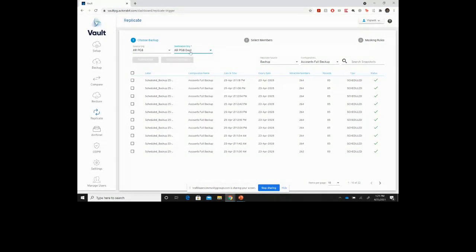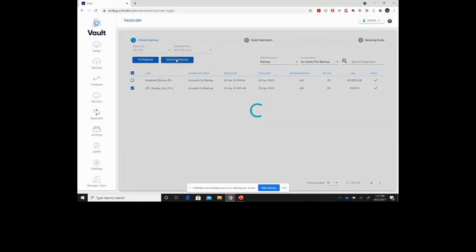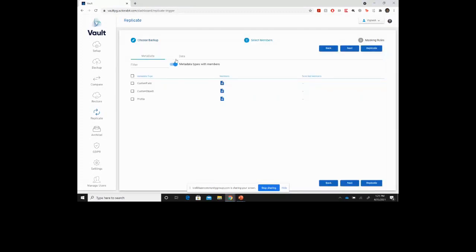So I'll choose this as the target. This is the source. I'm going to choose a specific snapshot here. I can choose multiple snapshots too, but I'll go with one. I can selectively replicate this, and I can select the metadata members. Let me just go ahead and select an object and select everything that's part of the data side of things, account and its dependencies. And before I replicate, I can create